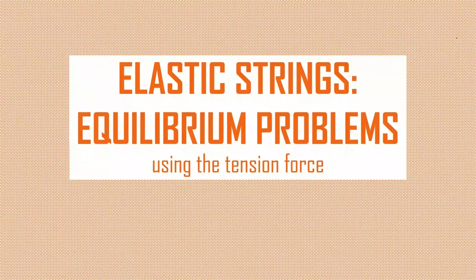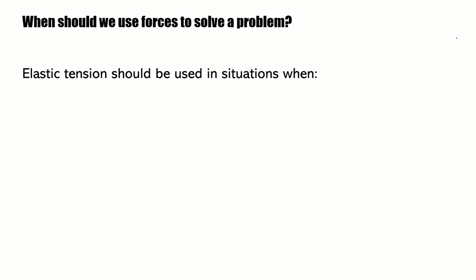Okay, let's get started. So, one of the first queries we might have is when are we meant to know to use forces to solve problems involving elastic strings and springs? Well, crucially, you're looking out for the following scenarios. The first of which is if you're dealing with a situation that involves the object or system as a whole being in equilibrium. The reason that's important is because that's telling us the acceleration in the situation is equal to 0, and a handy equation that involves acceleration is F equals ma, which therefore implies that we need to use